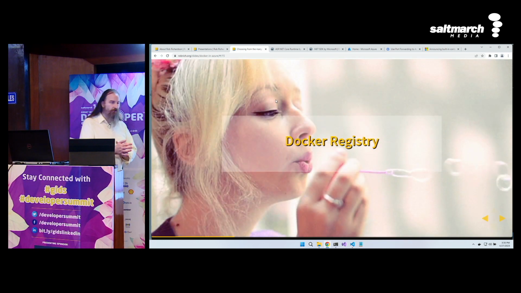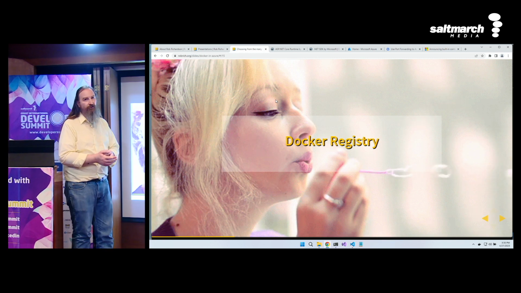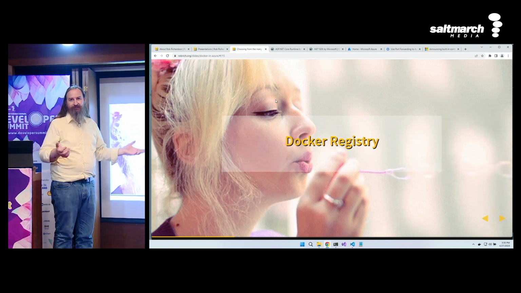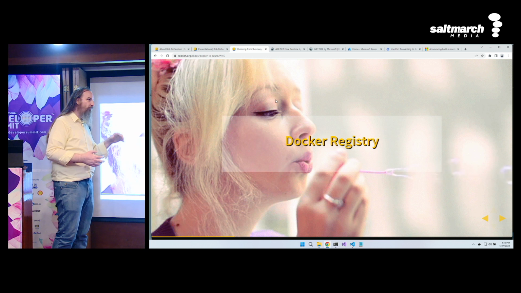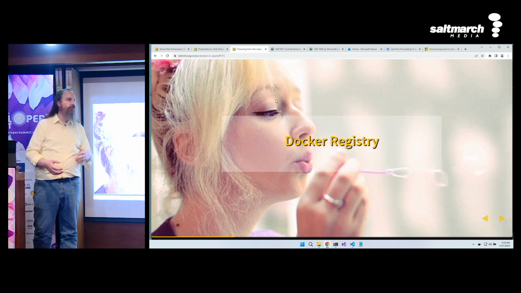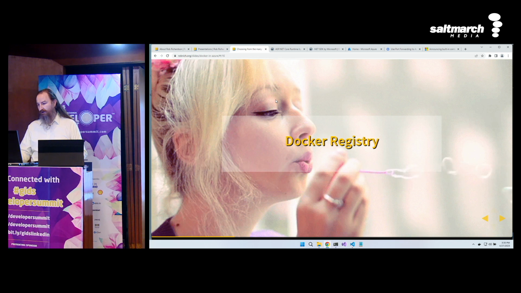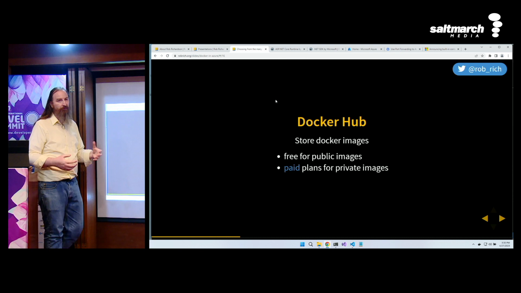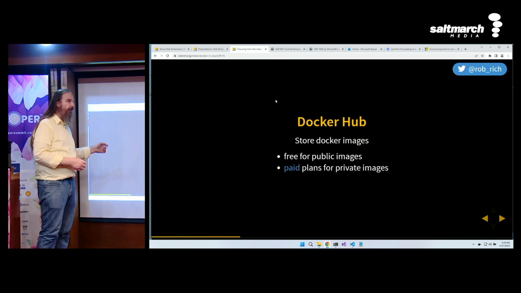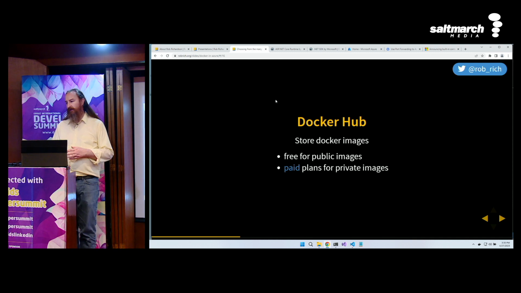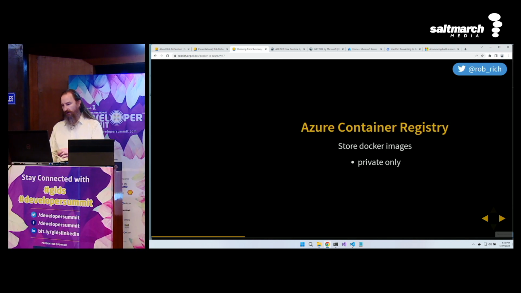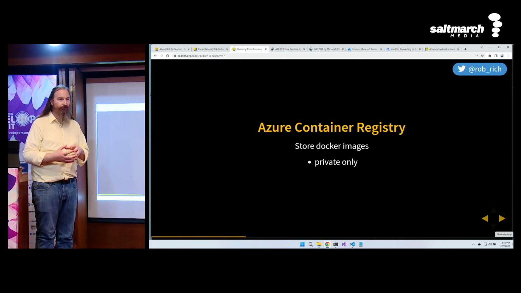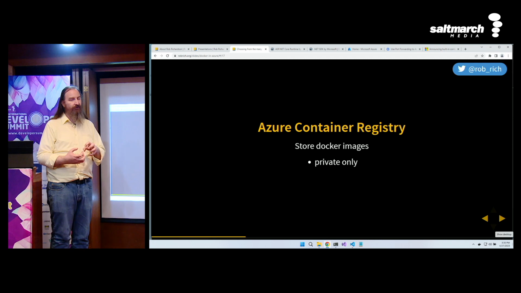So first off is Docker Container Registry. Now Docker Container Registry is where we can push our images. Why isn't it called an image registry? Because naming is hard. That's where we'll push our images so that we can be able to leverage them in interesting ways. Now we could push this to Docker Hub. That's definitely an option. Docker has public repositories for public things, which is excellent. They also have paid plans that allow us to be able to create private registries if we wanted to. But we could also flip to Azure Container Registry, a private Docker registry for our images that stays private in our subscription.